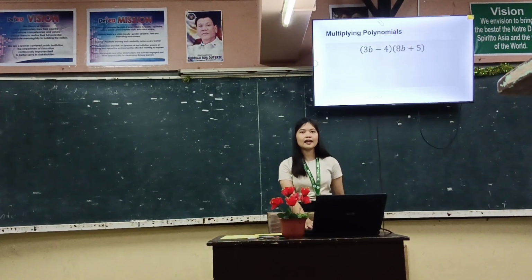Next, we have here another example of multiplying polynomials. We have the quantity of 3b minus 4 times the quantity of 8b plus 5. We just need to follow the fourth method, which is the first